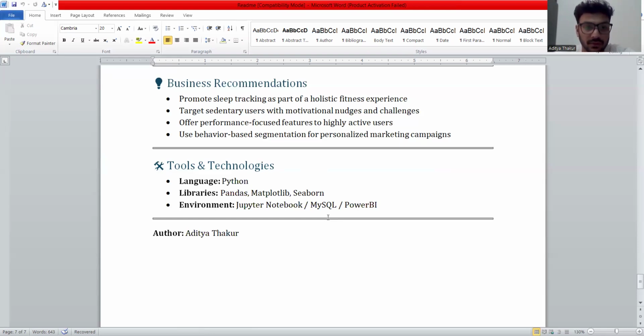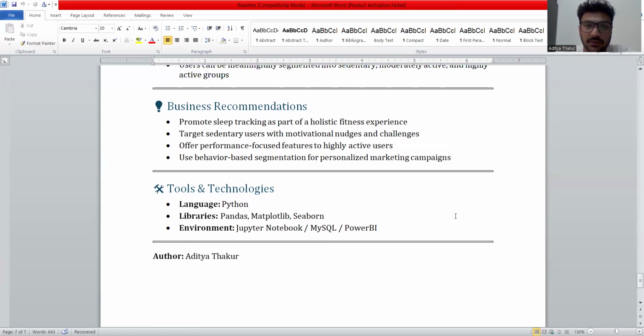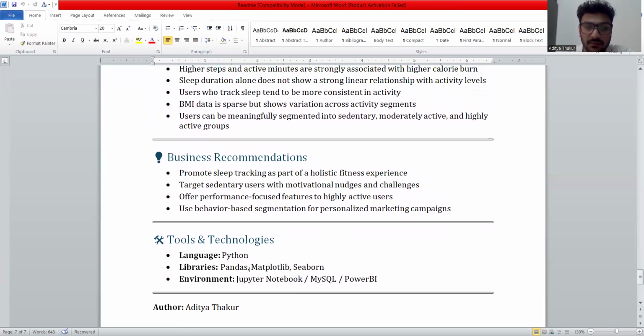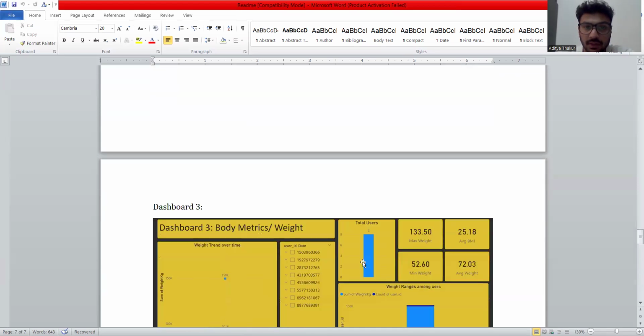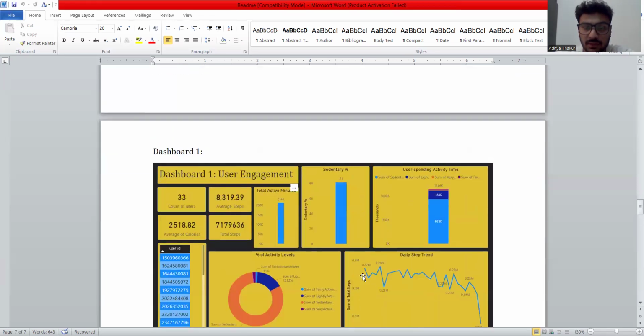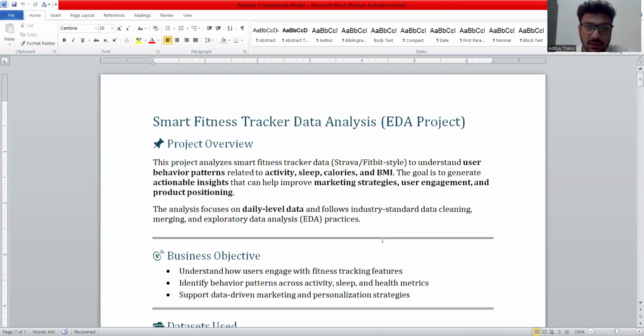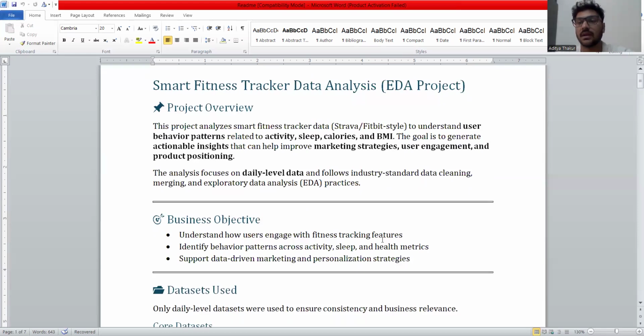Then we have connected our MySQL to Power BI using ODBC connector. There we created dashboards which were directly linked to our datasets. In libraries in Python, we have used Pandas, Matplotlib, and Seaborn. So yes, this was our project. These are our dashboards, and we have completed our business objective and have recommended